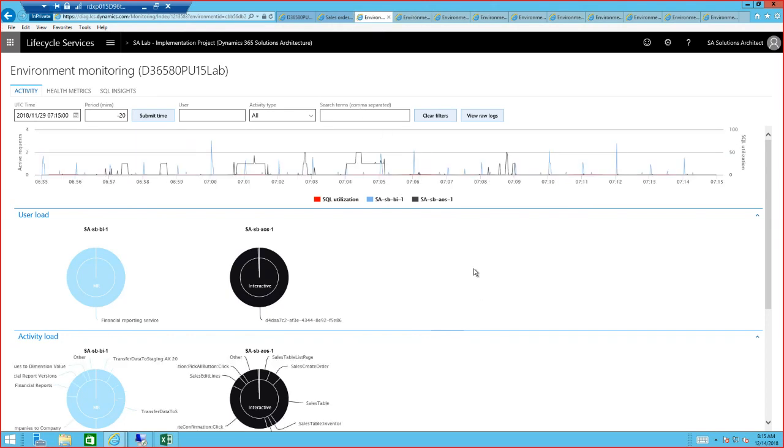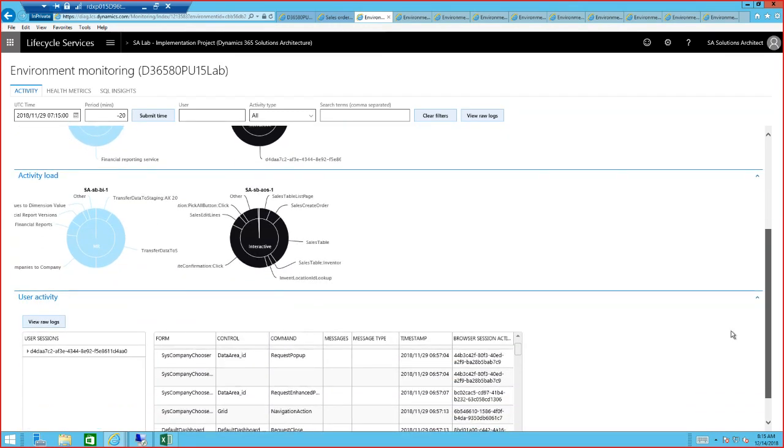Okay, we go back to the second tab. This is user role. User role basically tells you what kind of user distribution happens in the different boxes, and also gives you a quick idea of how heavy those user roles look. And the third tab basically tells you from the